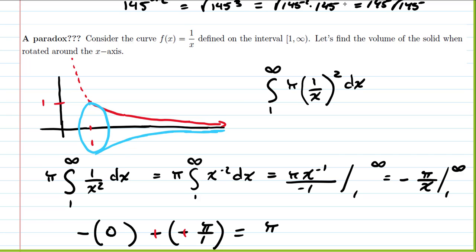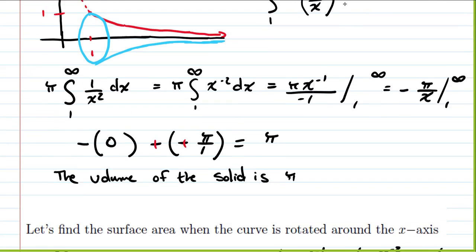So don't beat yourself up over this, but I am going to leave you with a cliffhanger on this. I want you to think about it a little bit. So why can we get a finite volume but an infinite surface area for something? All right. So